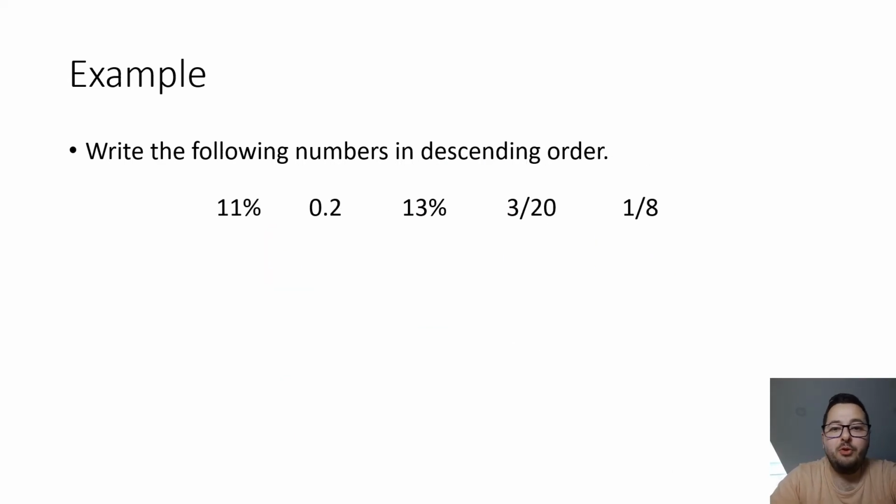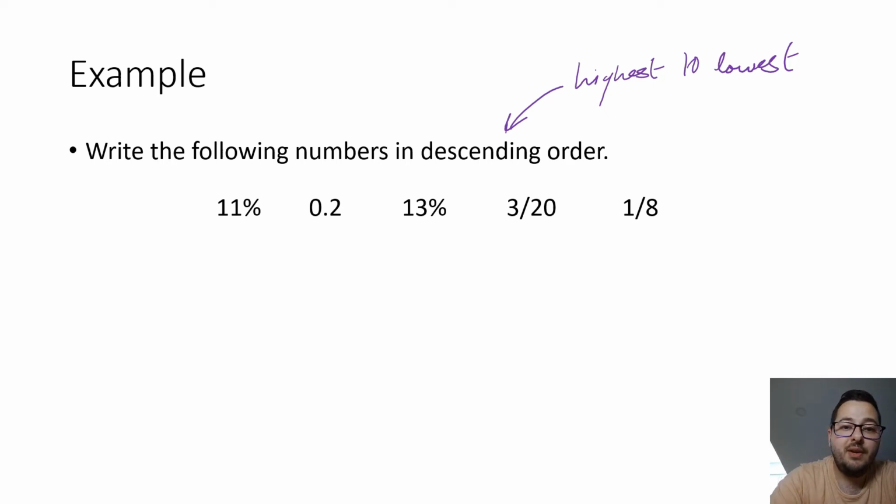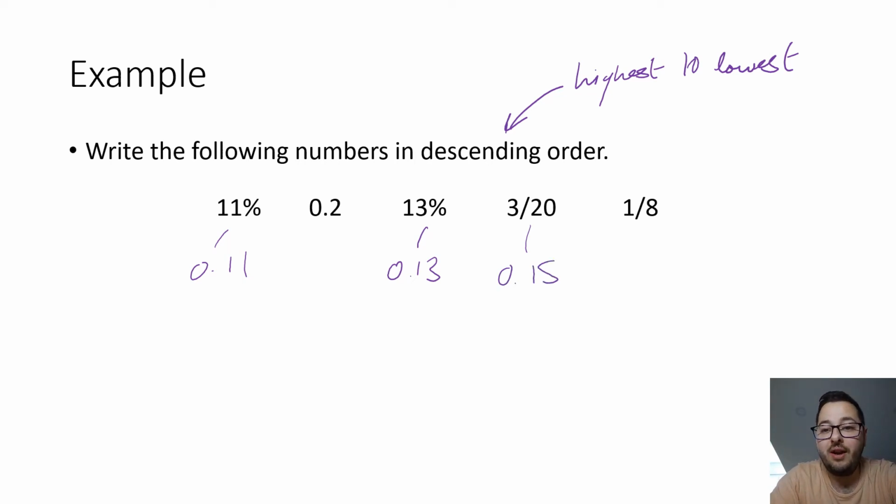Okay, let's do one more question. So we want to write the following numbers in descending order. So descending means going down. So this is highest to lowest. Okay, so once again, I'm just going to convert them all into decimals. So 11% is 0.11. 0.2 is already a decimal. 13% is 0.13. 3 out of 20. Now 1 out of 20 is 0.05, so 3 out of 20 would be 0.15, and then 1 out of 8 is